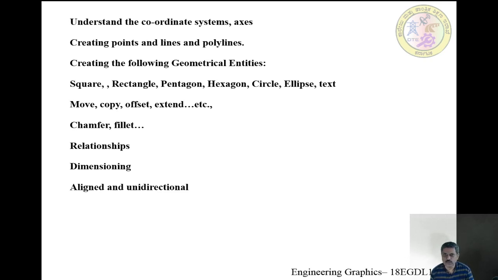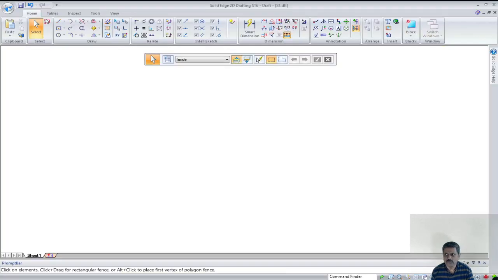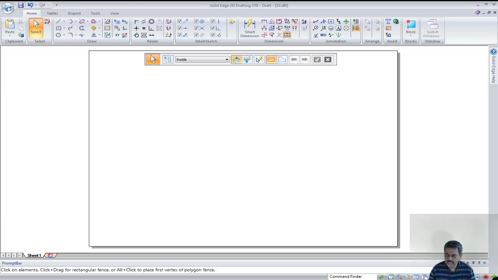So let us switch over to Solid Edge itself, and this is the Solid Edge screen that you see. You know that the sheet is already there, set up as a blank sheet of A4 size. So let us start executing the command. How to put a point? Can we put a point? First of all, that is the fundamental question you require.